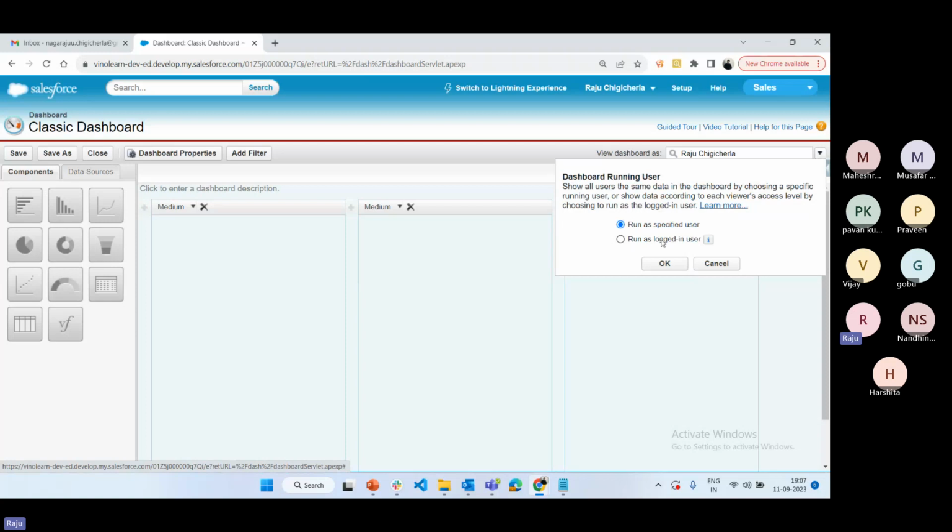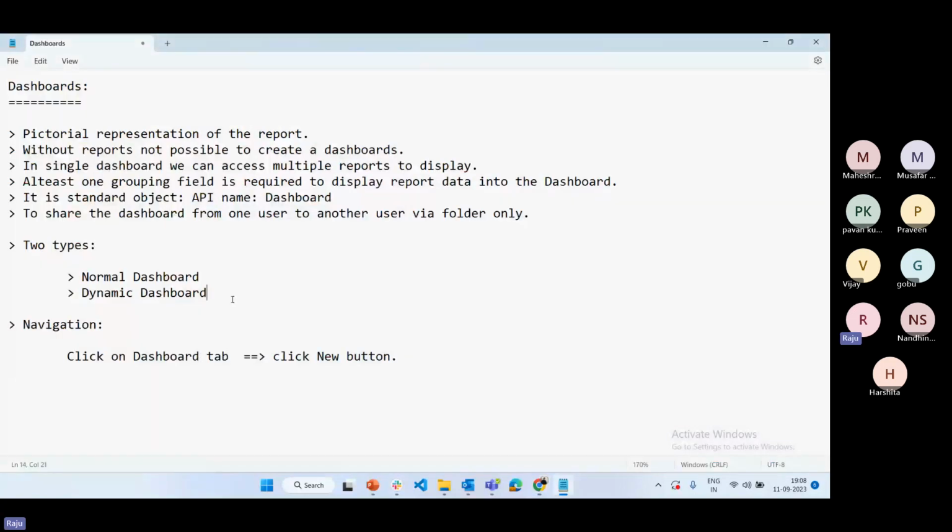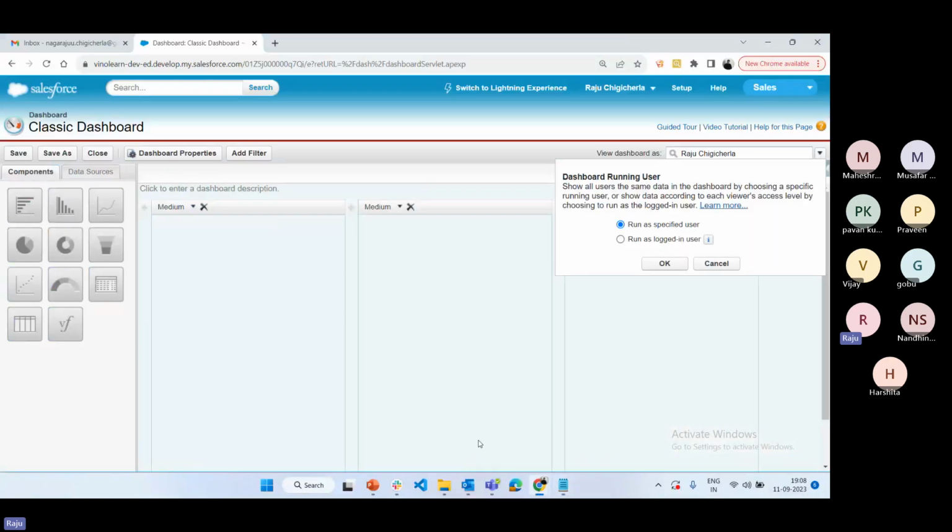If you make a dashboard run as a logged in user, the dashboard is nothing but a dynamic dashboard. If you run a dashboard as a specified user, only a particular user, that dashboard is nothing but a normal dashboard. That's it. What is the difference between normal and dynamic dashboard? If the dashboard is run by only a single user,